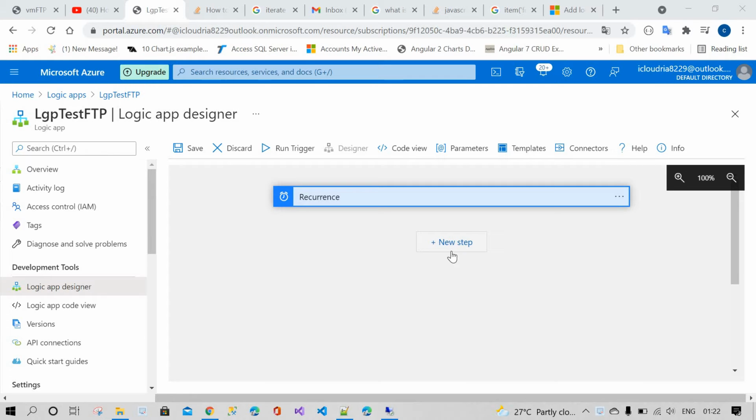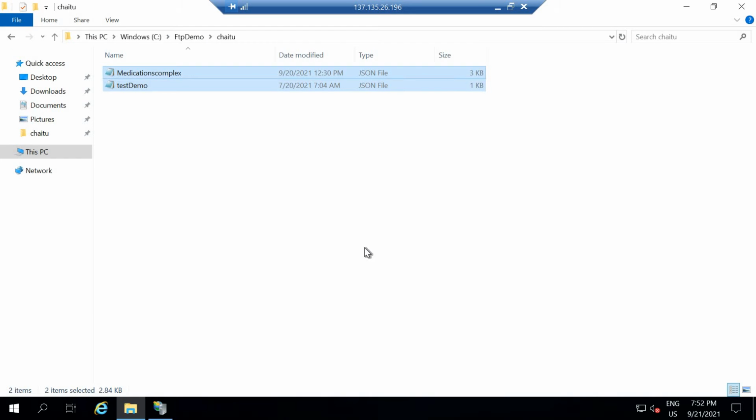Today I'm going to discuss how to iterate, how to loop through each and every item in the FTP server. I have already discussed everything clearly in my previous video, on how to configure the FTP server and the inbound port rules in the Azure portal. Please go through that.